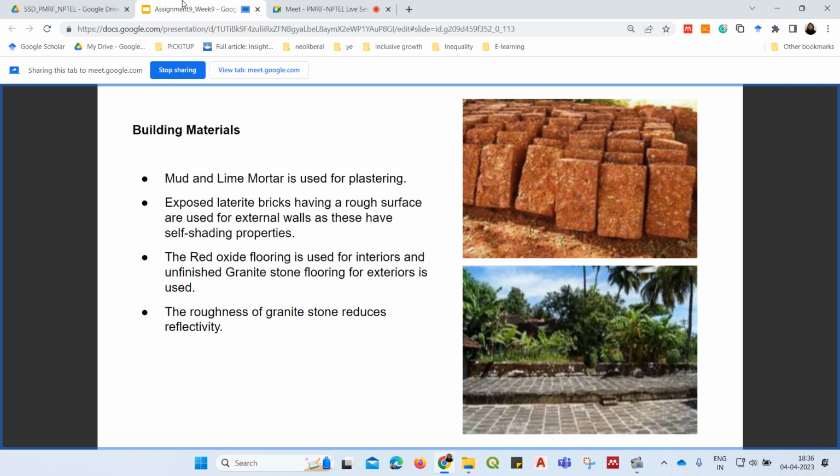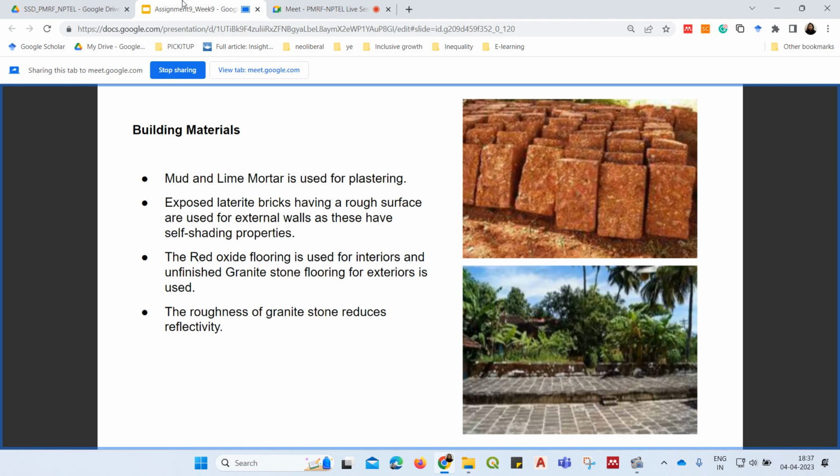So mud and lime mortar are used for plastering in these buildings. The exposed laterite bricks are dressed in a way that they still have a rough surface. It's not smooth all the way through. These are used for external walls, as they have self-shading properties because of the rough surface of the brick or the blocks. The red oxide flooring is used for interiors, and unfinished granite stone flooring is used for exteriors. None of these are highly polished or made very reflective, and this is because